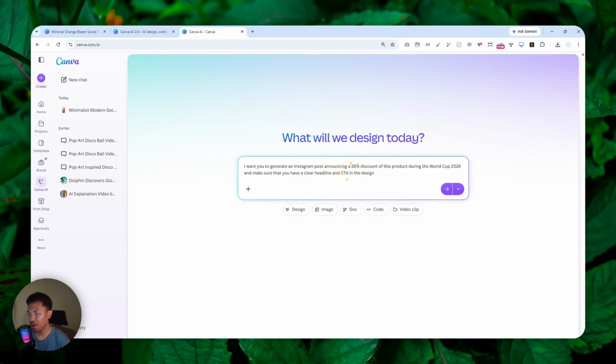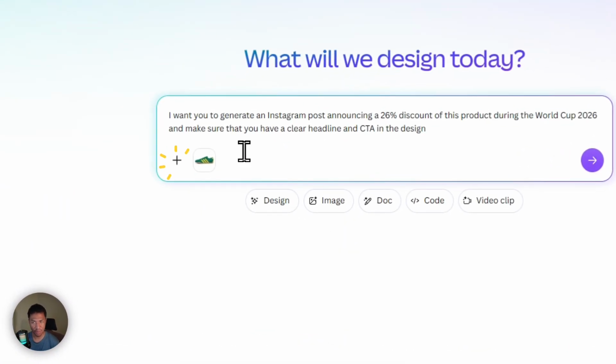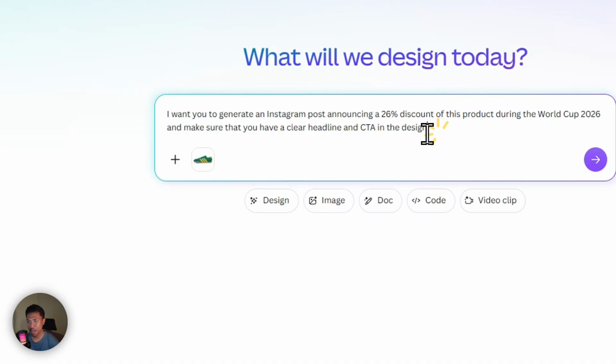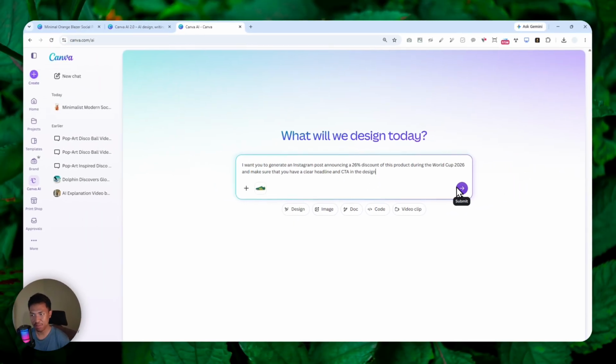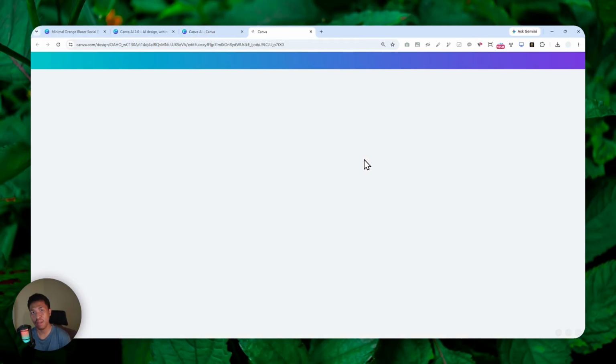Okay, looks good. Now I'll just upload the picture, and by the way, if you click this plus button, you can see that there are more options. You can upload more assets and you can apply a brand kit, so the design is going to be consistent to your branding. You can connect to some apps, add some sources from the web, etc. But for now, I'll just focus on creating the design. Now I'll just hit enter or click this send button for AI to start designing the design based on your